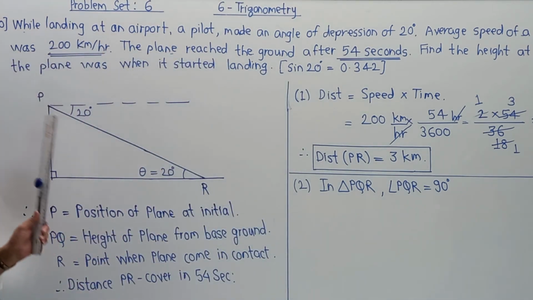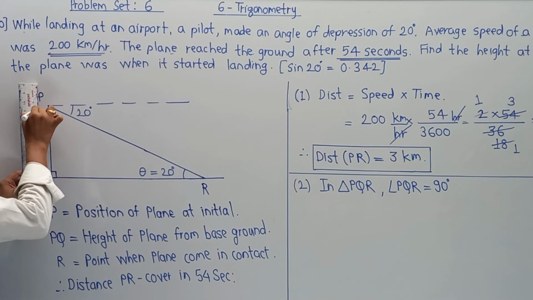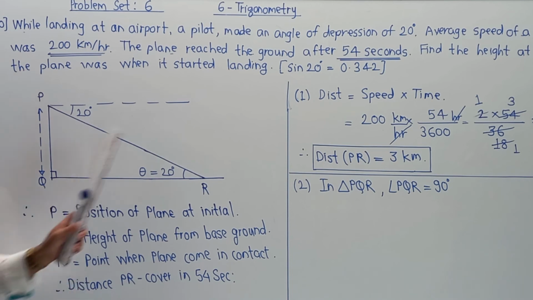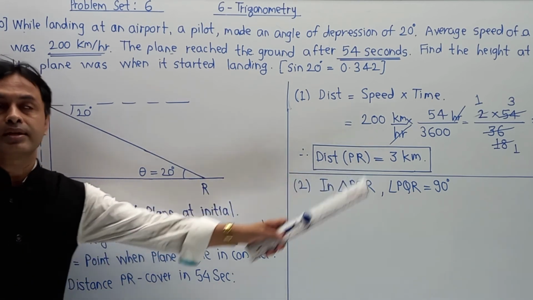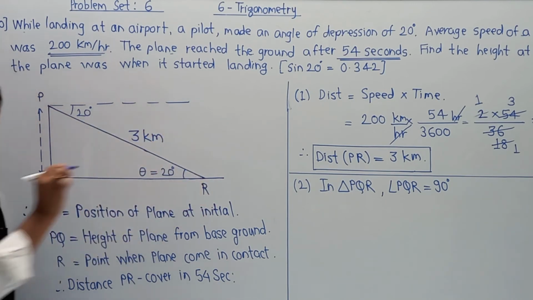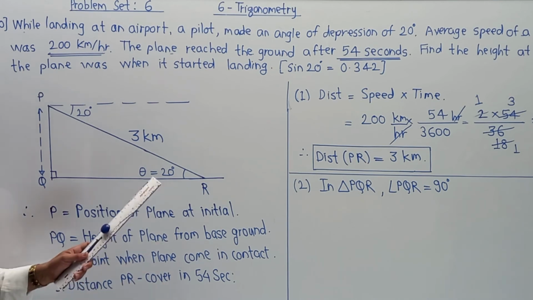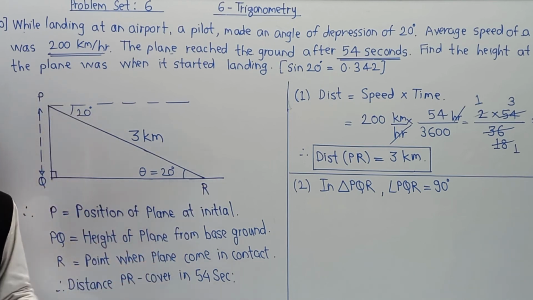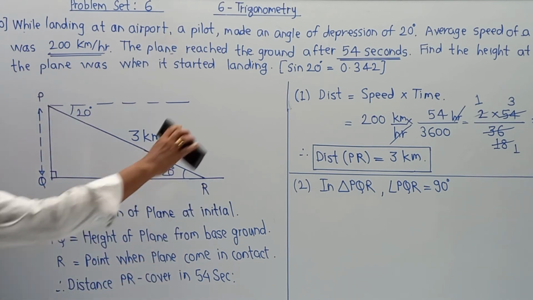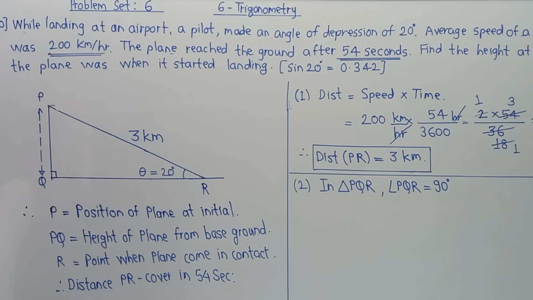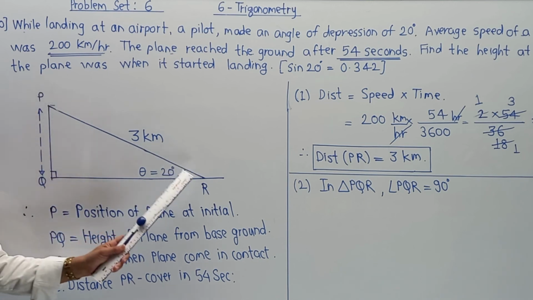Now with the help of that, I am interested to calculate PQ. I am interested to calculate this value of PQ. And remember, after the entire calculation we are able to get distance PR is 3 kilometer, and that is the main reason why we have done this calculation. Now theta is over here, you need the opposite side and hypotenuse over here. If anyone is getting confused, I'm going to help you by removing this part, so your focus will be very clear. Observe this part like this. Now this is 20, so called as theta, you need the opposite side, and this is the hypotenuse.